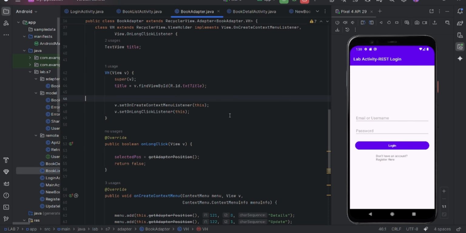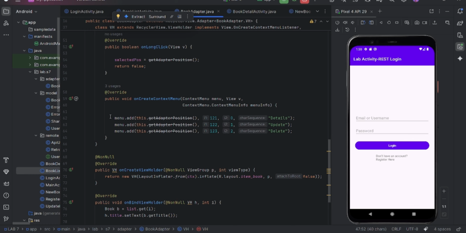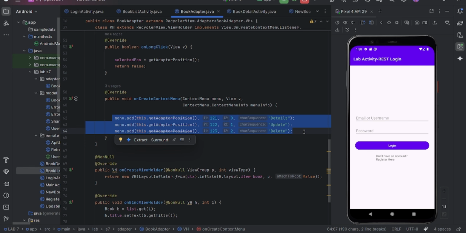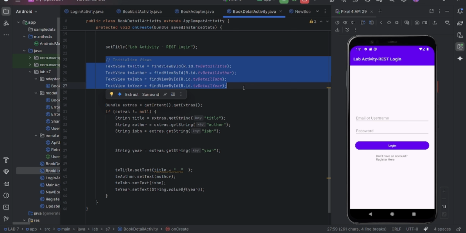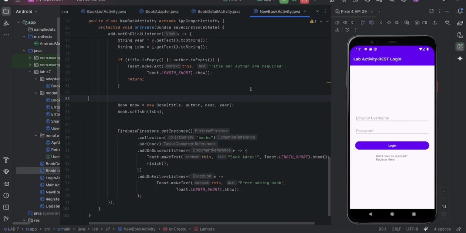For book adapter.java, this is to enable the context menu when the user long presses the book item. For menu add details, menu add update, and menu add delete, these are other options that are required for the code in this lab. Now we move to the book details activity.java. This block of code is to initialize views of all the details of the books. Next, for the new book activity.java,